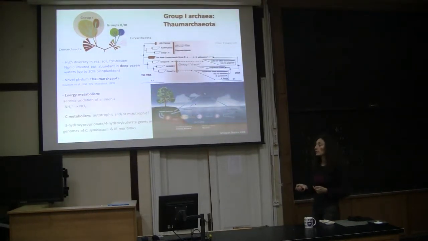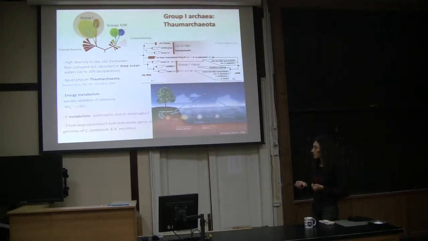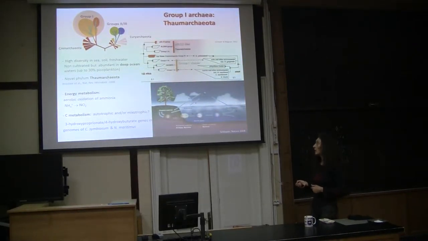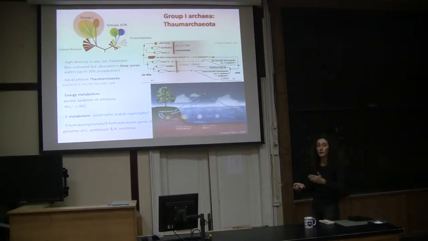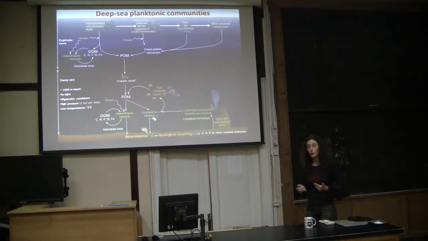for the carbon cycle because at least several of them are autotrophic, so they are able to fix inorganic CO2 carbon by using a variant of this hydroxypropionate-hydroxybutyrate pathway that is typical for Nitrosopumilus maritimus, for instance. Many of them may also be mixotrophic, meaning that they can be autotrophic or not, depending on the environmental conditions. So the discovery of these Archaea has changed our view of how